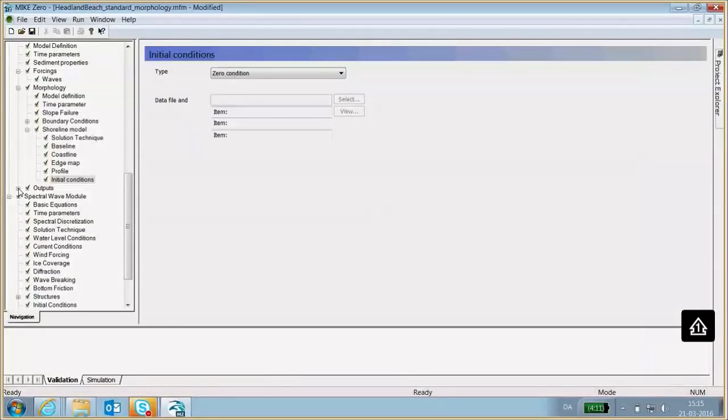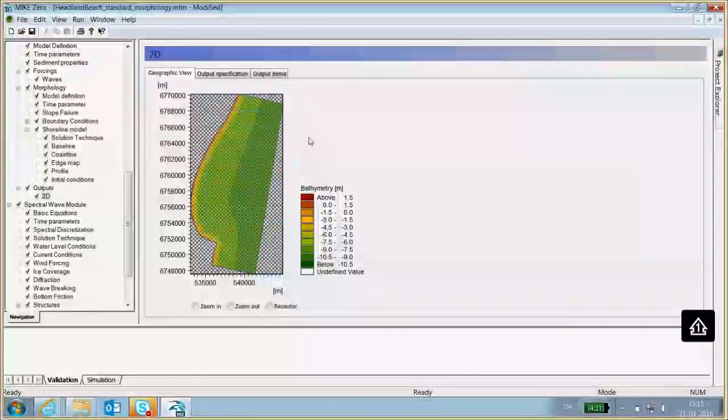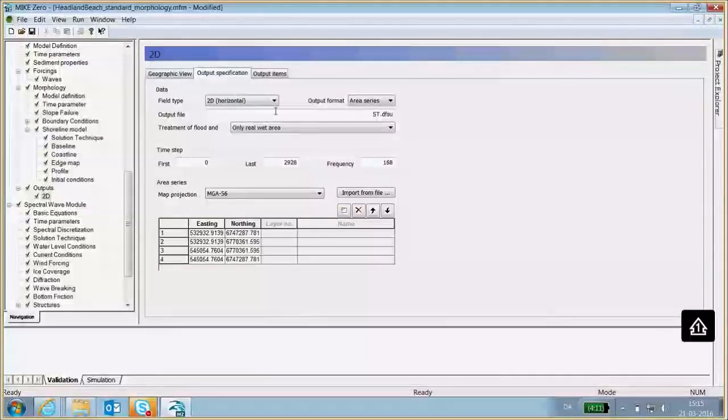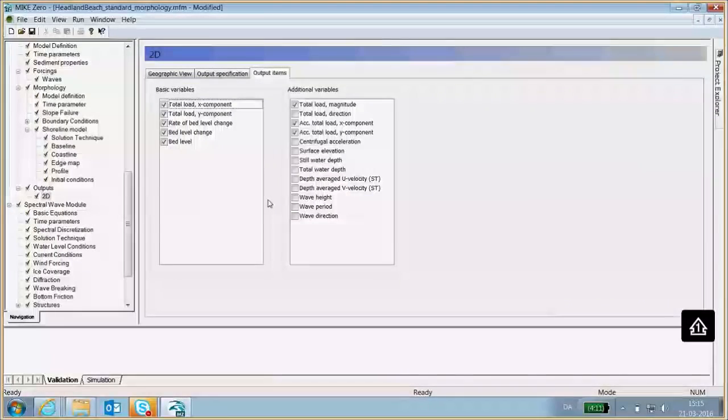So then we need to define some outputs. You can see we have already defined a 2D output for just the normal sand transport model. I don't think we talked about that before, so I'll just touch upon that briefly. Of course it's nice to have the total load in the X and Y directions, and these rates of change are also important when we're running these morphological simulations.